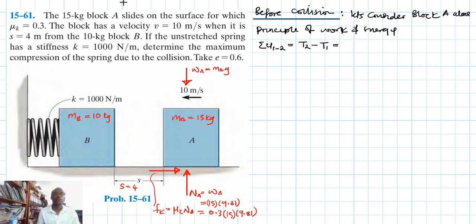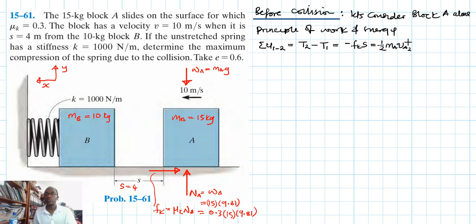Since this is in the opposite direction, we do have our reference in that direction, like so. This is our y, this is our x. Therefore, this becomes negative FK s, which is just equal to half MA VA2 squared